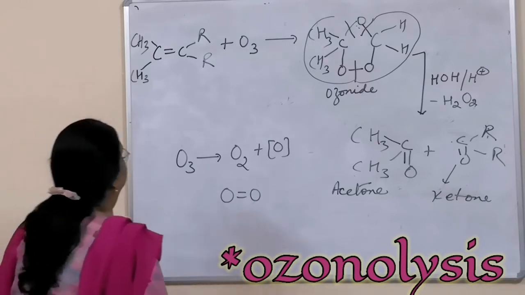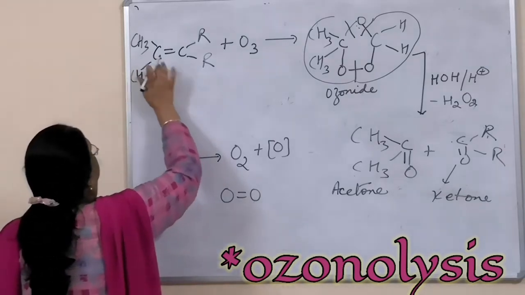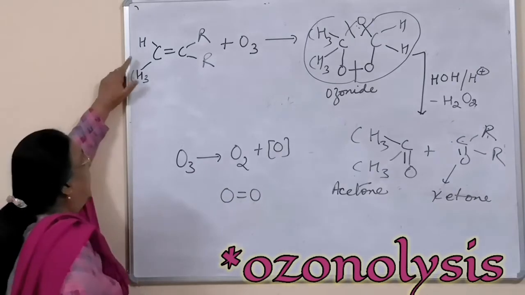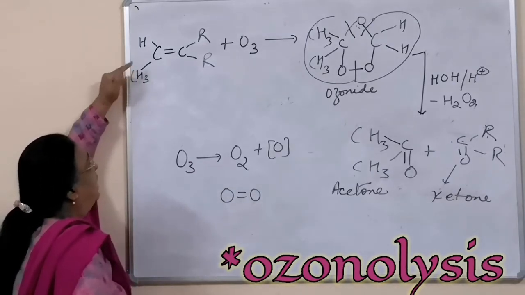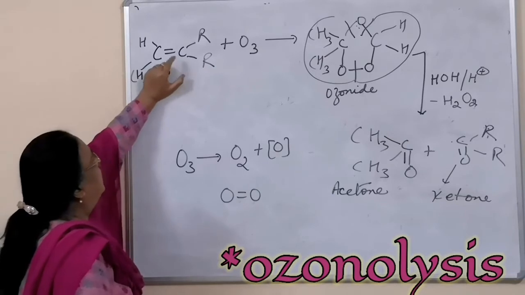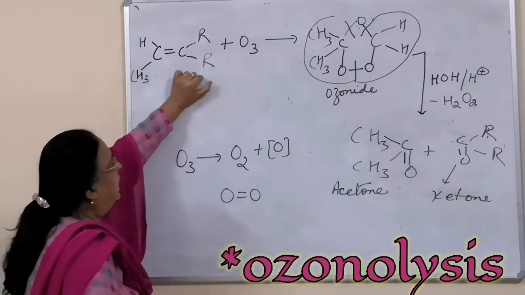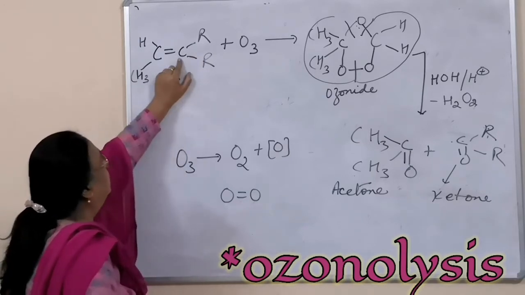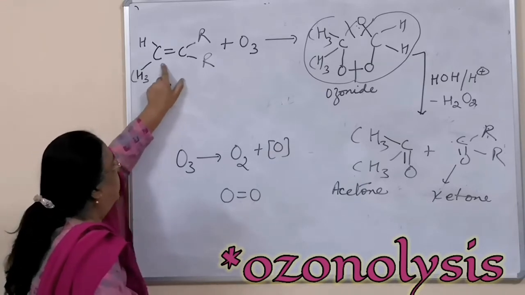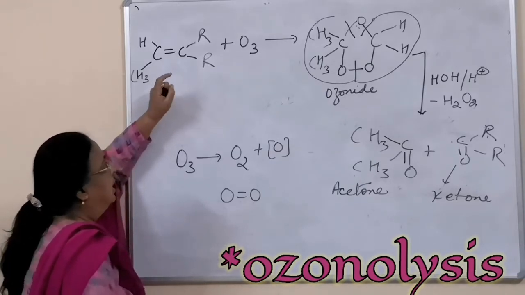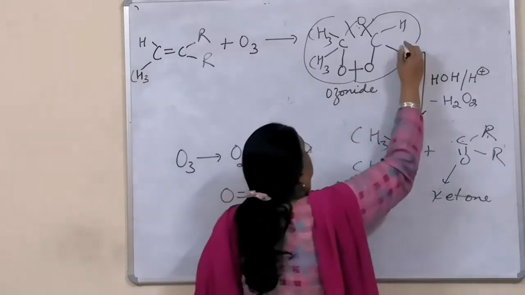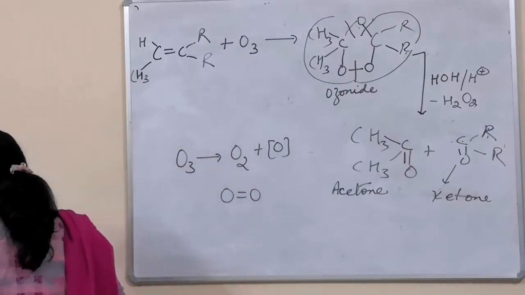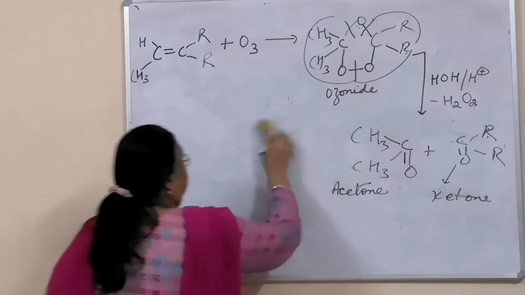So what do you understand over here? That if a double bond carbon has 1 hydrogen, then we obtain aldehyde. And if we have this olefinic carbon, both groups alkyl, then we get a ketone. So to obtain aldehyde from an alkene, the olefinic carbon, doubly bonded carbon, must have at least 1 hydrogen atom. Here I have not shown, so this will also be R and R, understandable. So this is ozonolysis.